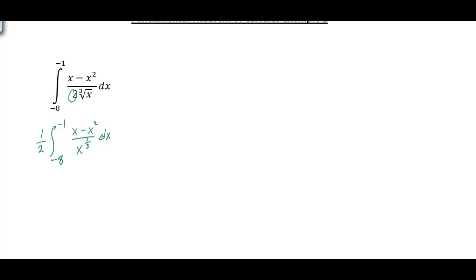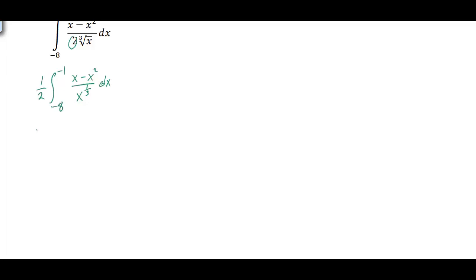Okay, and now I want to split this up into essentially 2 fractions here. So we would have x over x to the 1/3 minus the x squared over x to the 1/3, because x to the 1/3 is really our common denominator. So really what I'm trying to do here is divide this x to the 1/3 into both pieces in the numerator. Oops, I'm sorry, this should be -8 to -1 here. So our limit is -8 to -1. And if we do so,